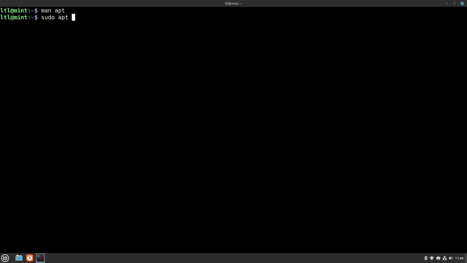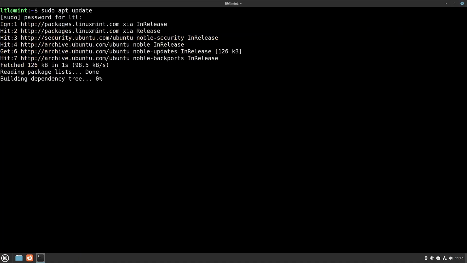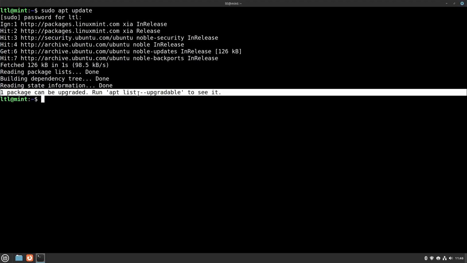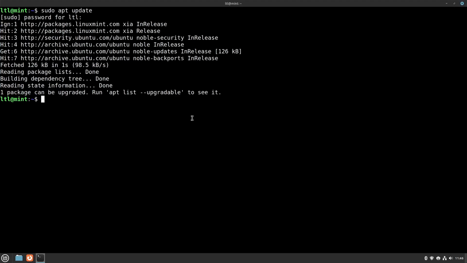And it's always a good idea to do an update, especially if you haven't done one in a while. Let me go ahead and do Control-L to clear that screen. If you do it occasionally, it will keep its repository list updated. You will have to put in your password because you're using sudo. What it does is it goes out to the internet, fetches the list of packages, and saves them into its local cache, so it knows what versions you have versus what versions are available. And when there's a newer version, you'll see stuff like this right here: "If one package can be upgraded, run apt list upgradable to see it." So if we do that,